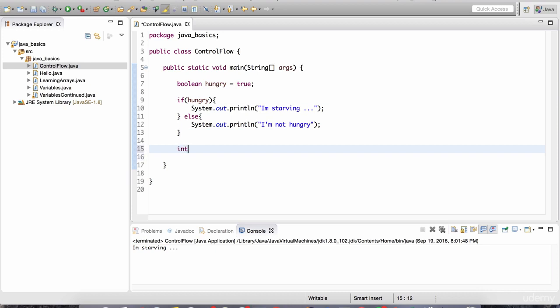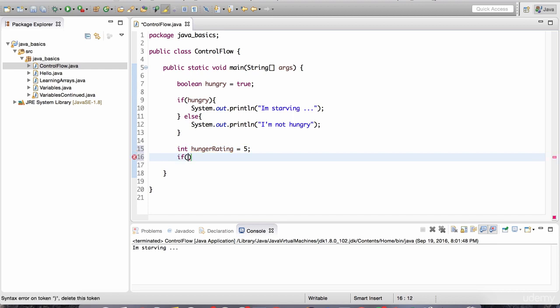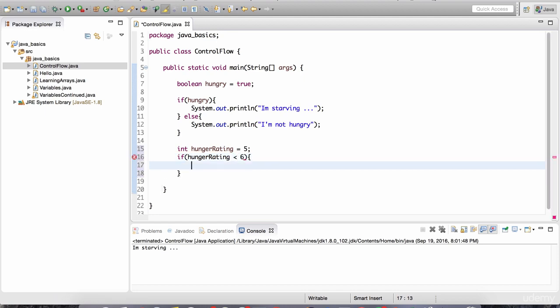Let's say I have a variable called hunger rating. This is basically a rating that's given to someone depending on how hungry they are, from 1 to 10. Right now I am about a 5, and so I can make an if statement that's going to say: if hunger rating is less than 6, then you can print out not hungry. Else